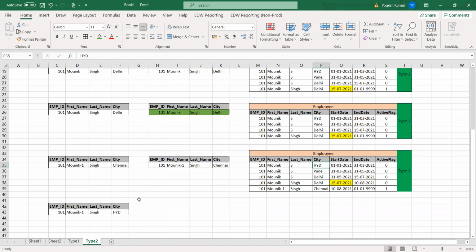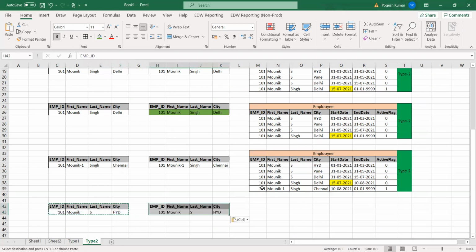Everywhere we are checking, let me use the same record, whatever was there, Monique as HYD. Let's say there is a change. So what will be first? Don't go to the last step directly. First load the record into the staging, in this way.